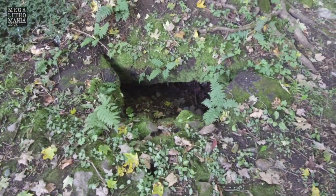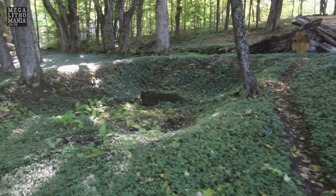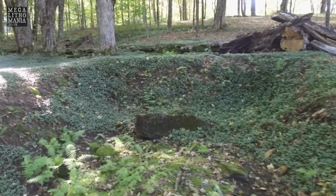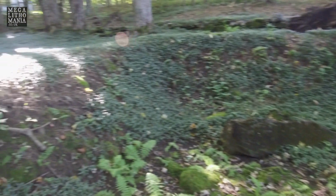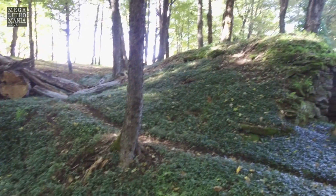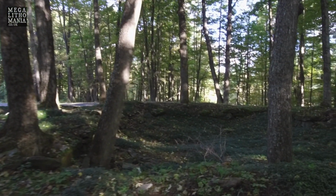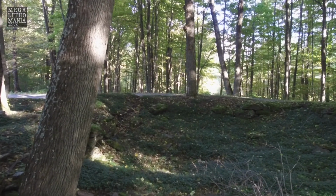We even have some kind of little underground chamber just outside the front of Calendar 2. We also have these unusual features just to the side of the chamber. We have this large megalithic block in a kind of pit, which is clearly being carved out of the ground, and I would imagine there are stones all around the edge. There's the main chamber there, but over here is the most impressive one. Once you go down in here and have a look, you can actually see